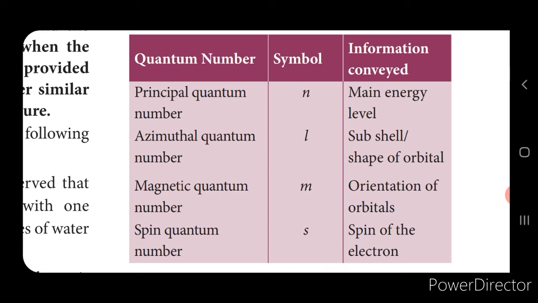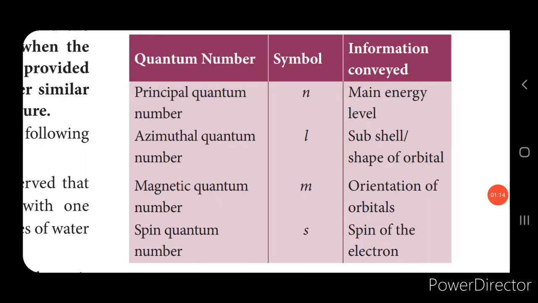There are 4 quantum numbers. Now let's define the quantum number. The number which designates and distinguishes the various atomic orbitals and electrons present in the atom is called a quantum number. So using these quantum numbers, you can specify the address of the electron that is present in the atom, that is, the specific atomic orbital where exactly it is present.